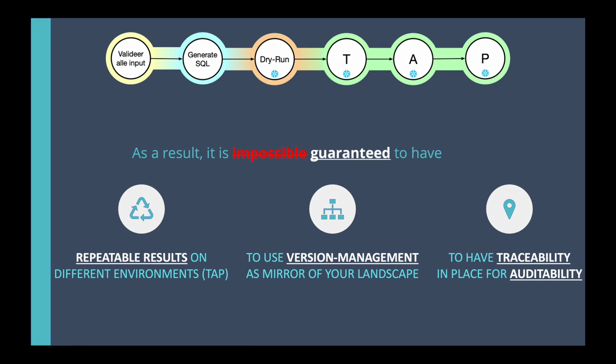So coming back on the demo, what did we see? We made a configuration, and once we committed this configuration, we saw that our configuration was validated. Next, we saw that SQL was generated, and this SQL was added to the repository. We didn't see a dry run, because I didn't configure one. And then we saw a deployment step of the user to Snowflake, which we verified by checking in Snowflake whether